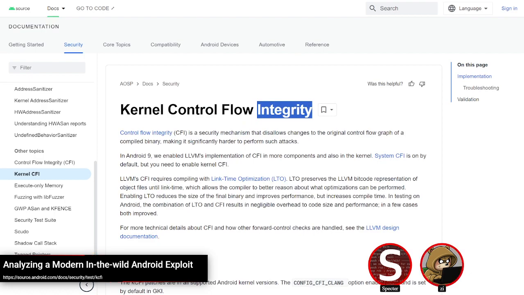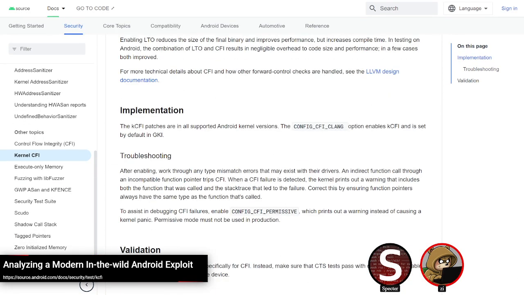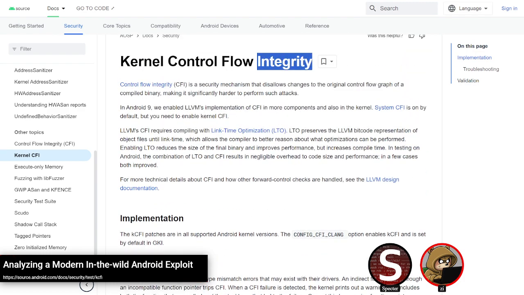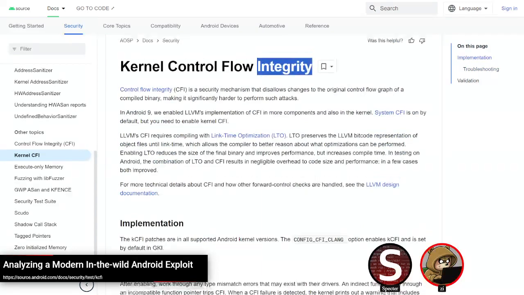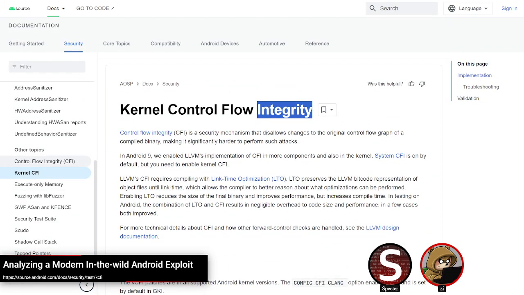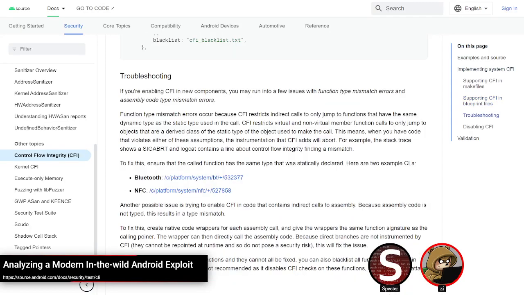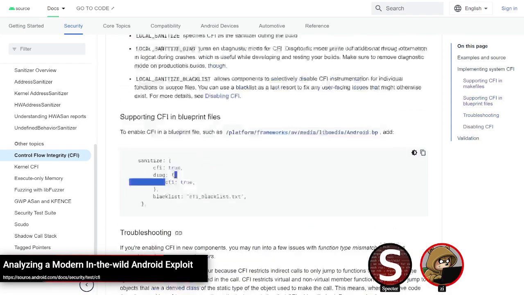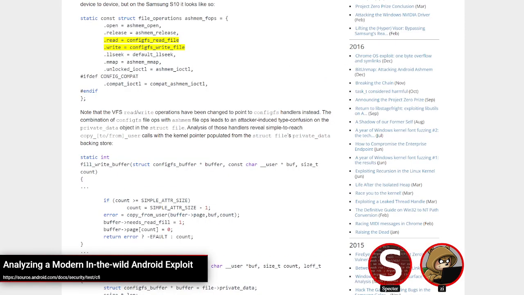Yeah, I've included a link here that goes to the Android page talking about it. I guess this is really short. I was thinking of a different page. I'm pretty sure there is good documentation about CFI for the kernel and how they're actually doing it. Maybe it was this one. No, that's still shorter than I remember. Whatever, I'll try to find it afterwards.